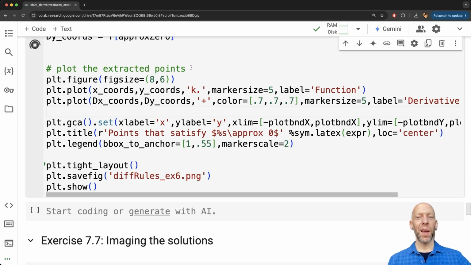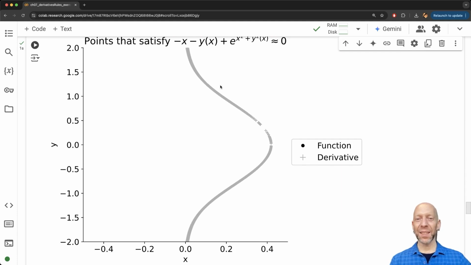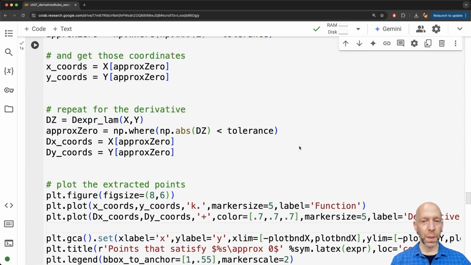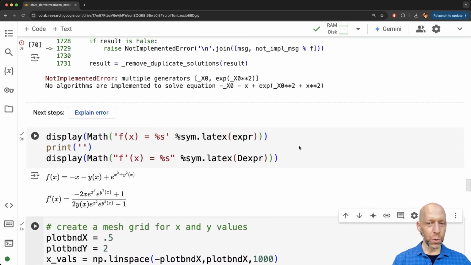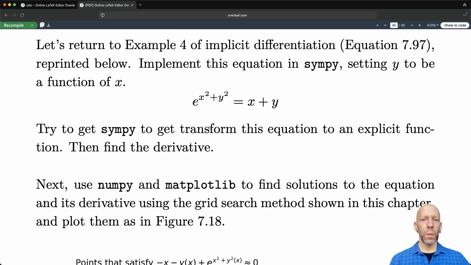All right. And you already know what's going to happen here. Which is that we get solutions for the derivative, but we don't get solutions for the function. Why does this happen? Well, the reason why this happens is that there are no solutions to this function. Let me go back up to this function here. So basically, x and y, there are no values of x and y that make this equation true, that